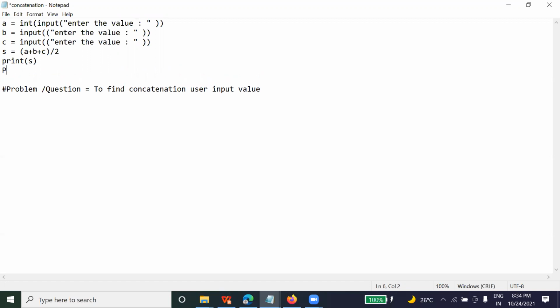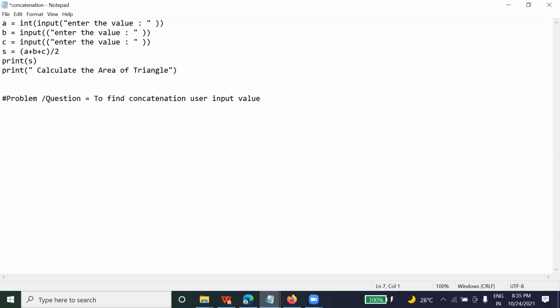Now, for calculating the area, again I'm printing something on the screen: calculate the area of triangle.